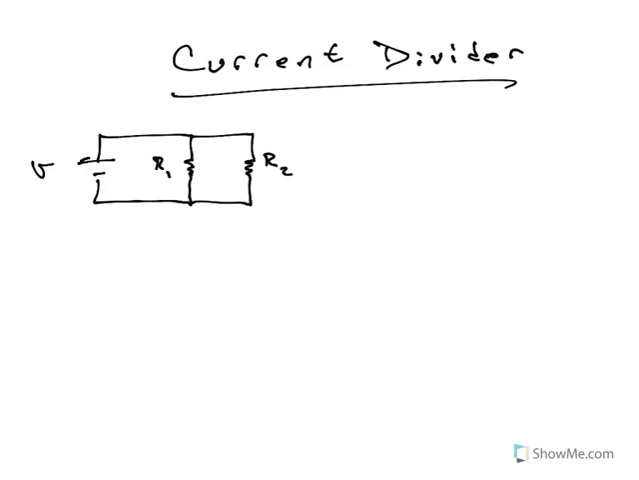And maybe what we'd like to know is how much of the current runs through R1. So we know there's some total current coming in. That total current, when it hits this node here, it's got two branches it can go through. So some of the current goes this way, some of the current goes that way. Now we know from intuition,